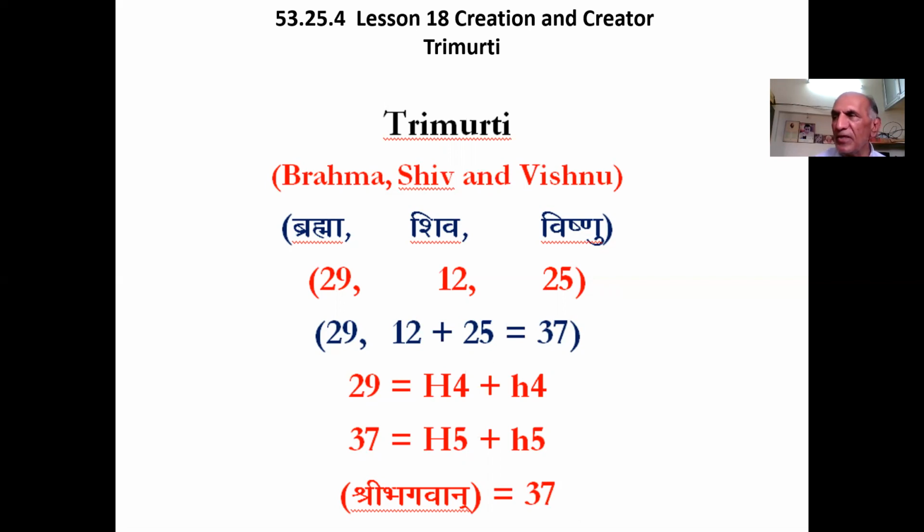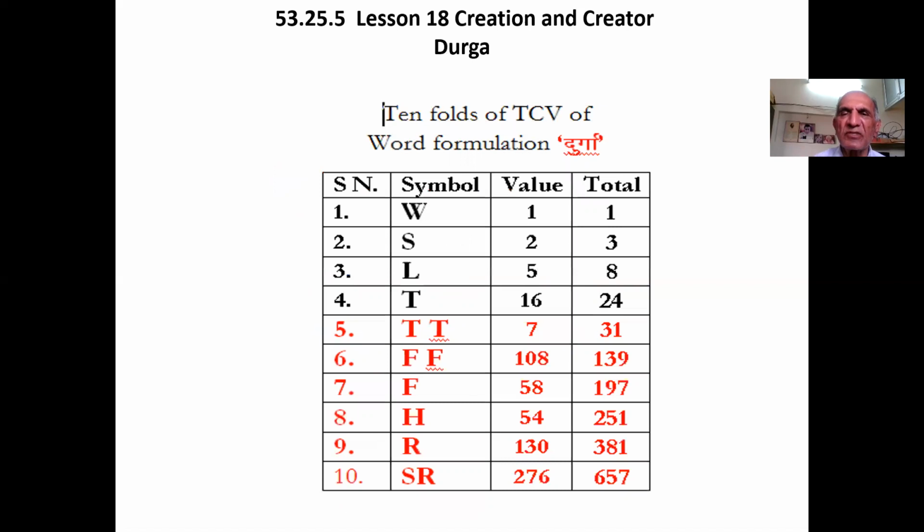Therefore, sadhakas are fulfilled with intensity of urge to be parallel to the Vedic systems and shall visit and revisit these 9 formulations. On the computer screen is the table of 10 inner folds of the formulation Durga. These values are 1, 2, 5, 16, 7, 108, 58, 54, 132, 76, leading us to value 657. This is deficient from the value Anant Sahast, 1000, by 343. Therefore, Durga, of TC value 15, as a solid dimensional domain